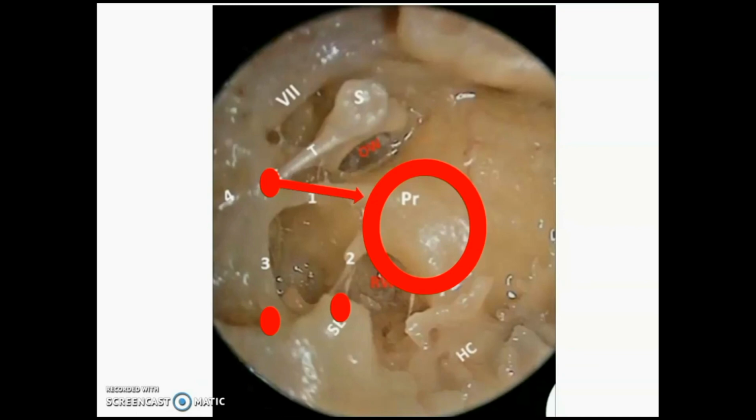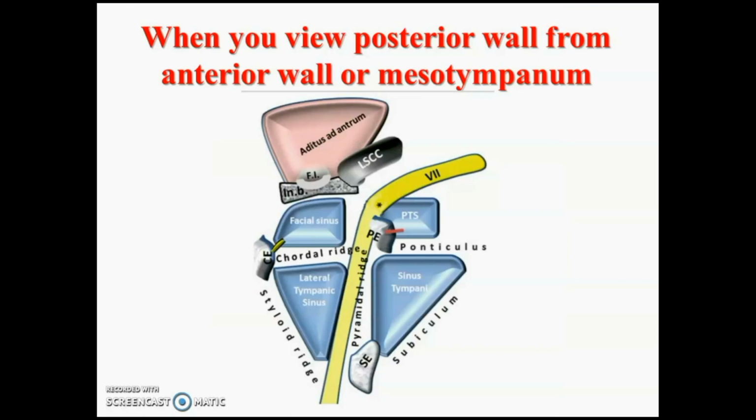And you can see there in the posterior wall of the right middle ear viewed from the lateral side, three eminences, that is the ponticulus, the bony ridge connecting the pyramidal eminence to promontory, and number 2 is subiculum connecting the styloid eminence to promontory. Promontory is the bulge on the medial wall. So here you are seeing posterior wall and medial wall from the lateral wall side, and you can see the facial nerve there, oblique part and the vertical part. Medial to vertical part of facial nerve you are seeing pyramidal eminence, then below you are seeing caudal eminence and styloid eminence. These three are called as styloid complex.